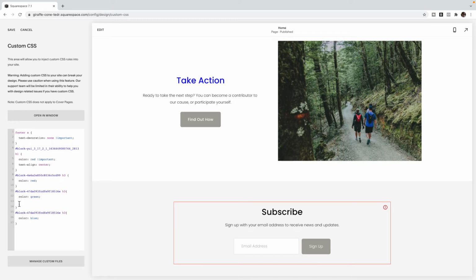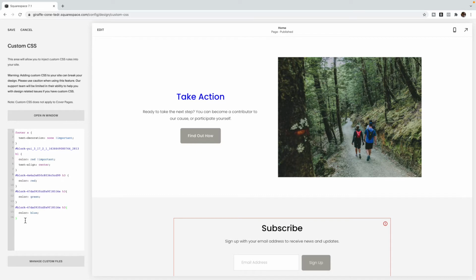I tend to like to have the code for the header at the top, then the code for the pages grouped together underneath that, and then my code for my footer at the bottom. So I've written some CSS here, and we're going to go through and clean this up to show you how you can have more effective CSS. But before I start organizing this, you can see there's a lot of block IDs in here, which makes it very, very hard to know what this code is for and what it does, which leads to number 2,